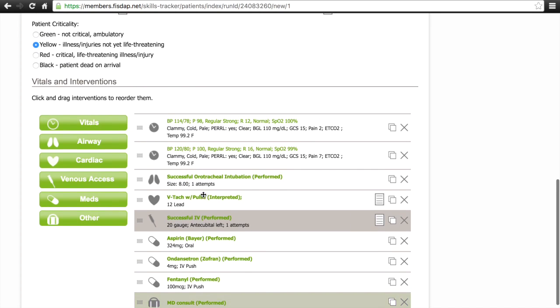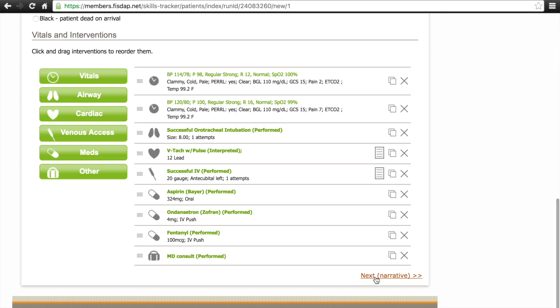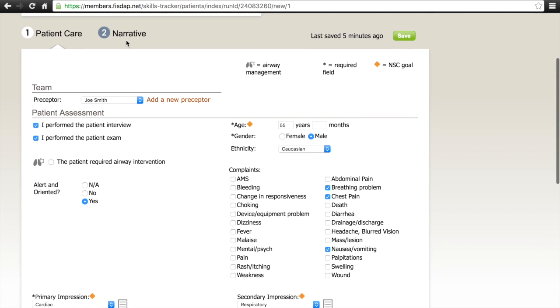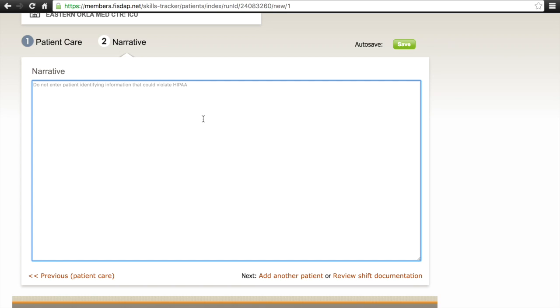So once we're done there, you can go to the narrative right down here. You can either click next and it'll take you to narrative, or you can roll to the top and hit narrative there. And now you're going to write a good run sheet. So 55, and I kind of type in all caps. It's up to you on this. 59-year-old male presented to the ER with complaints of chest pain, shortness of breath, accompanied